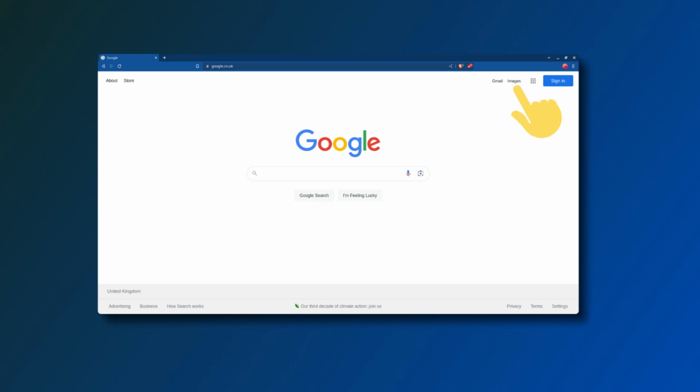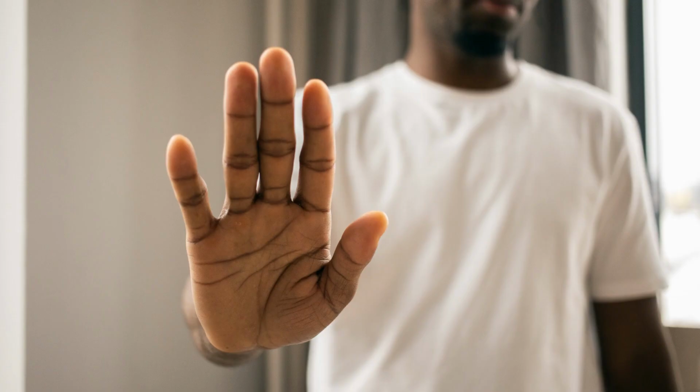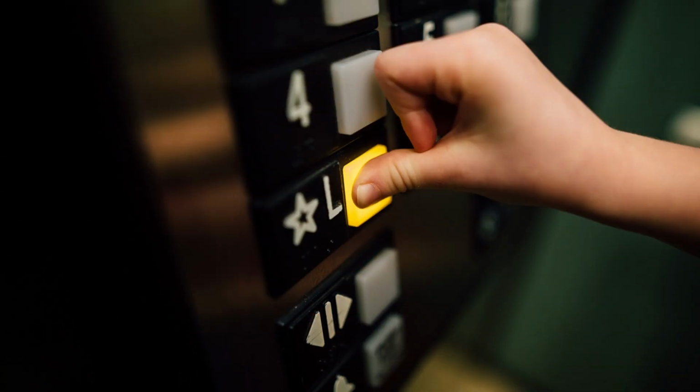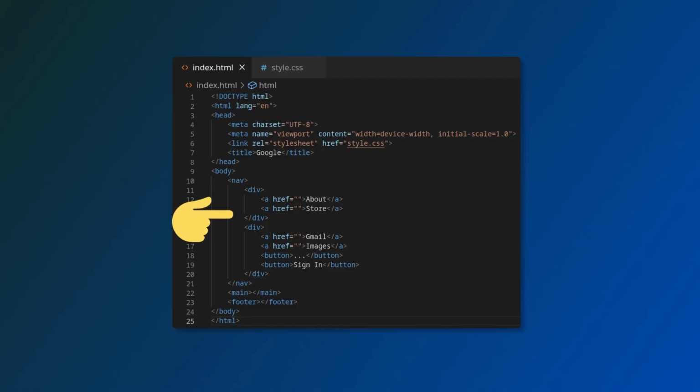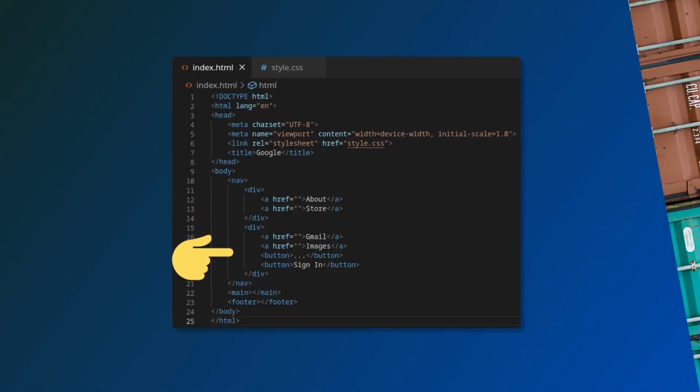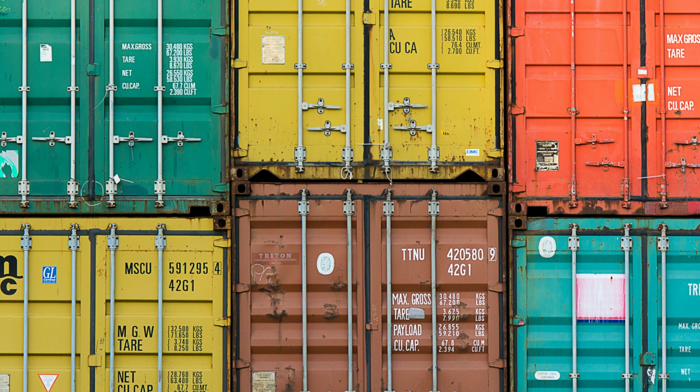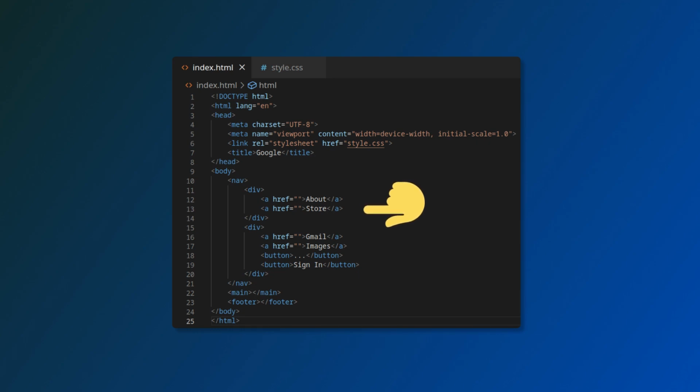On this side of the navbar, we also have two buttons. At this stage, we're not aiming to replicate their appearance or functionality, but it's essential to clarify that they are not links. They are buttons meant to perform specific actions rather than navigate to other pages. So let's add the two divs and their content in our code. In HTML, the div element is a generic container used to group and organize other elements. By adding two div elements and populating them with content, we can structure and lay out different parts of the